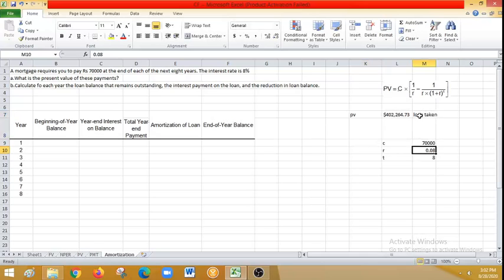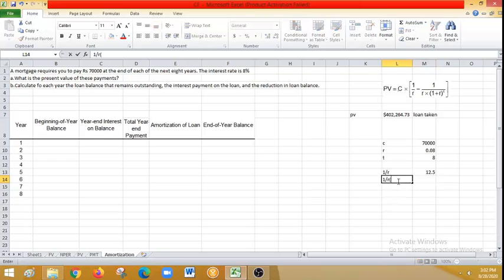Okay, so we have identified the present value. If you are not interested in using the inbuilt function available in Excel, you want to go with the formula that is mentioned here, so we can try to calculate. So what is the first part? 1 by R. So 1 by R is how much? 1 by R is 1 divided by 0.08. So the first part is over. Fine. The second part is 1 divided by how much?